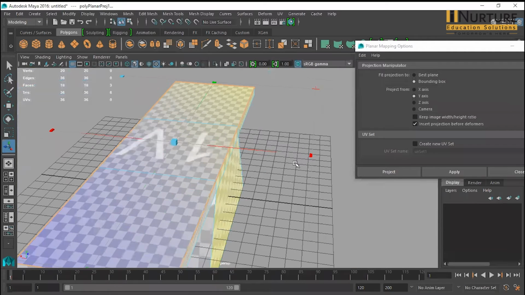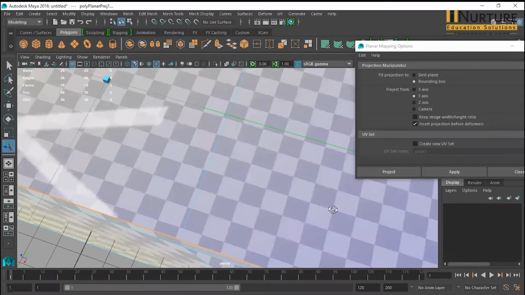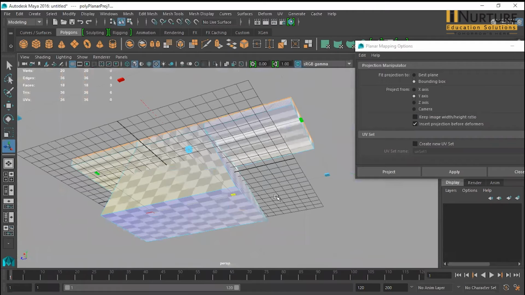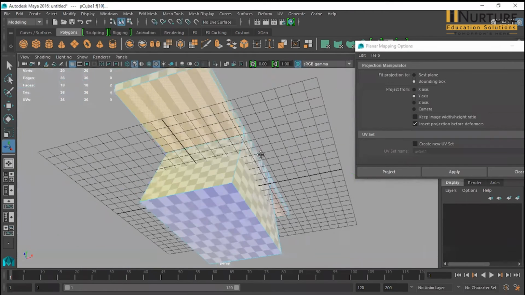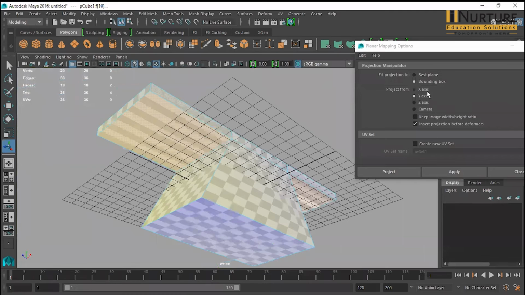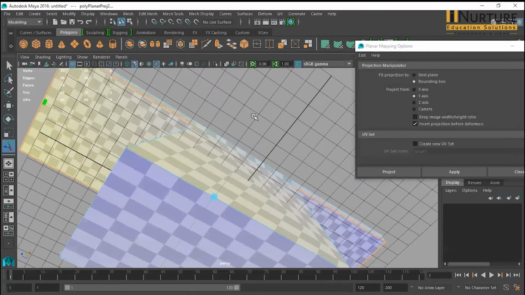I'm stretching the mapping and seeing where I can find the checker as a perfect square. Now I can see the checker as square, so I can just leave it here. Same, I'm just selecting this one. They also need the same direction, y-axis. Again, need to make the checker perfectly square.